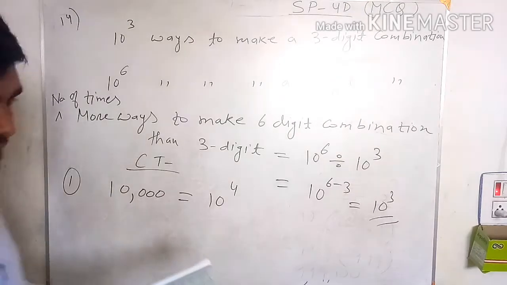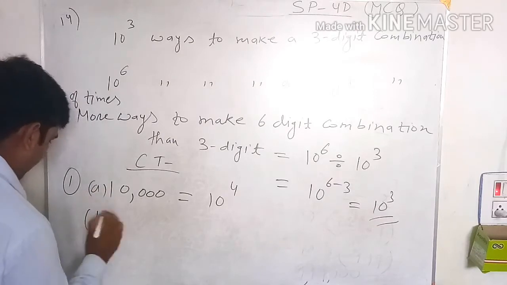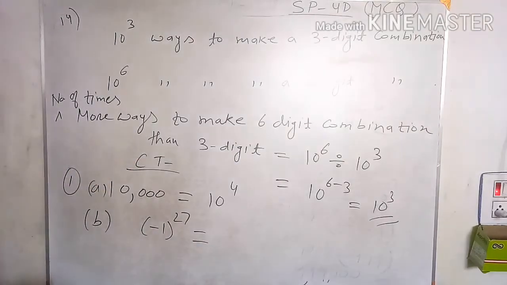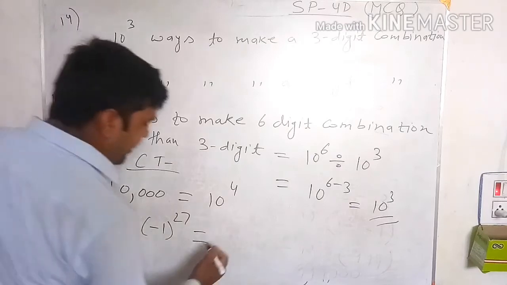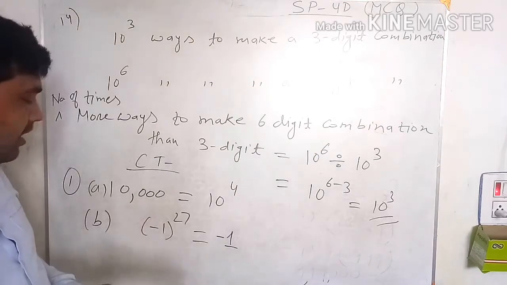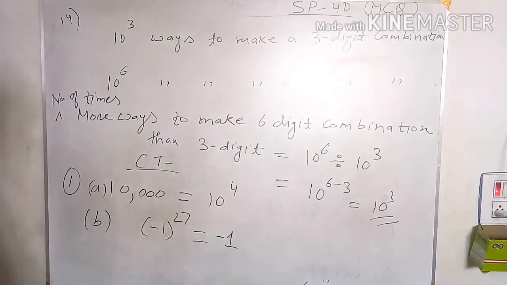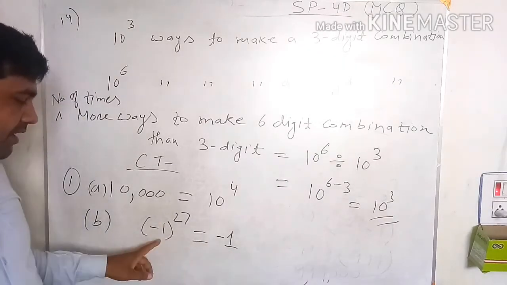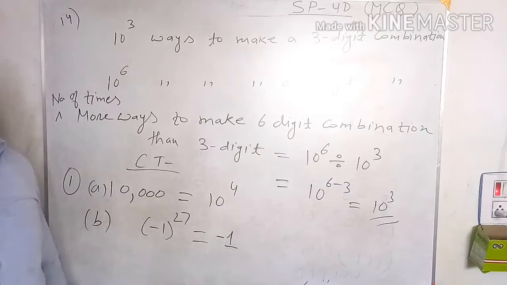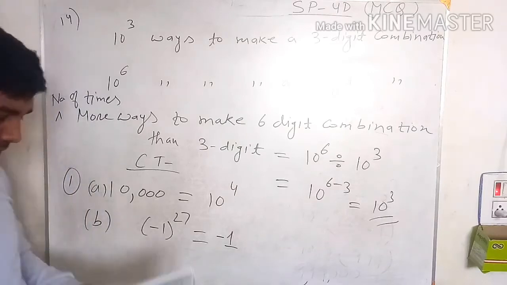1B is minus 1 to the power 27. So the base is negative. What will be its value? Base negative, power odd, so the value will be negative. However many times you multiply 1 by itself, you will get the product 1 only. So here the minus sign makes the product negative, and if you multiply 1 by itself 27 times, you also get the product 1, because 1 times 1 is 1. Every time 1 multiplies with 1 and gives you the product 1.